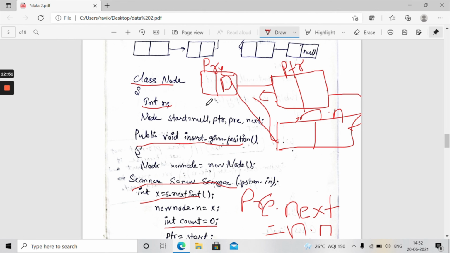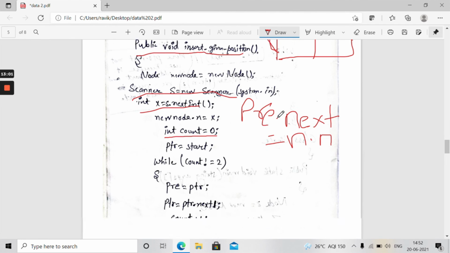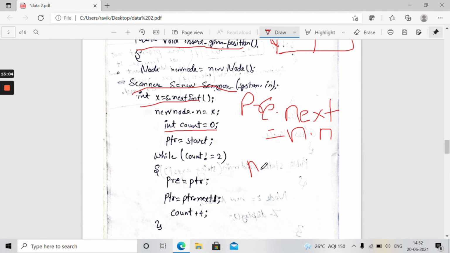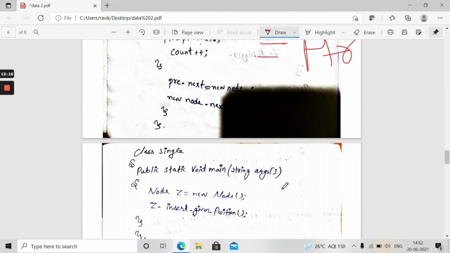So we have to understand that we are going and connecting from left to right. Here you can see pre dot next equal to new node, and new node dot next equal to ptr. New node dot next equal to ptr. Here ptr is just covered.